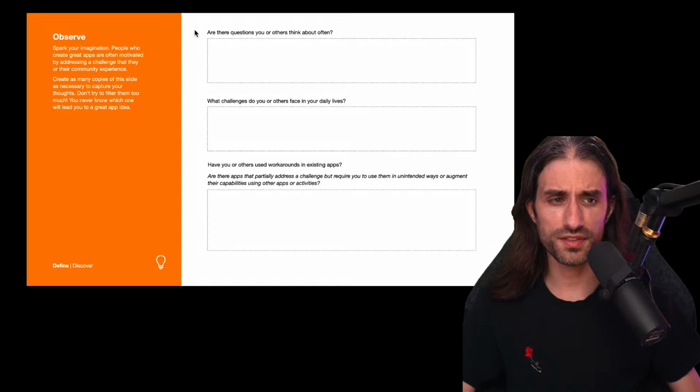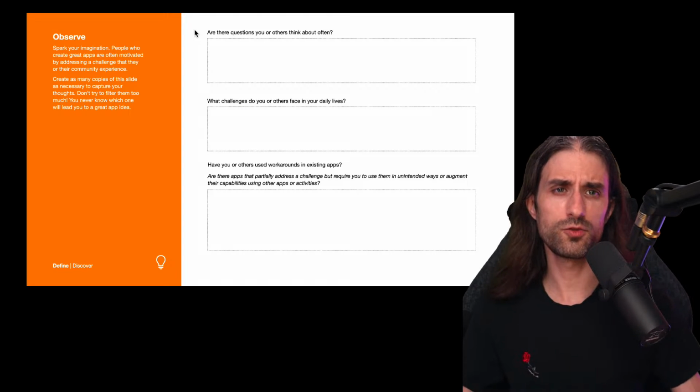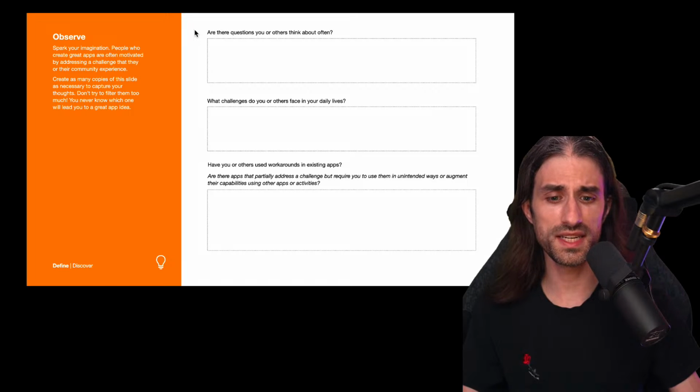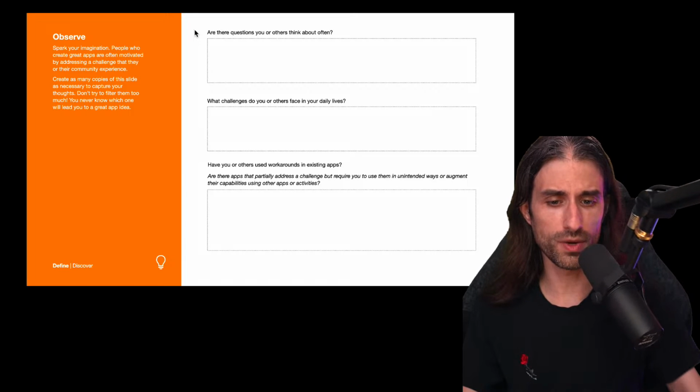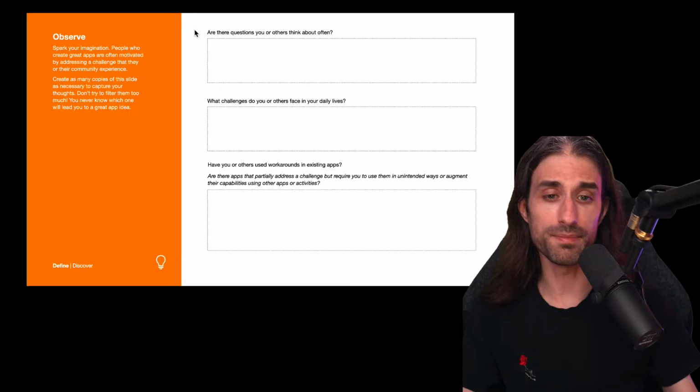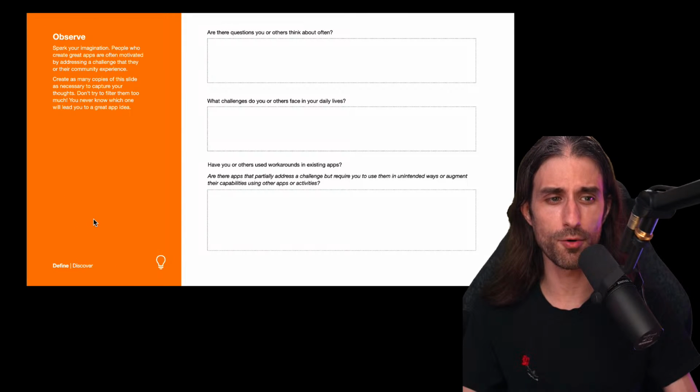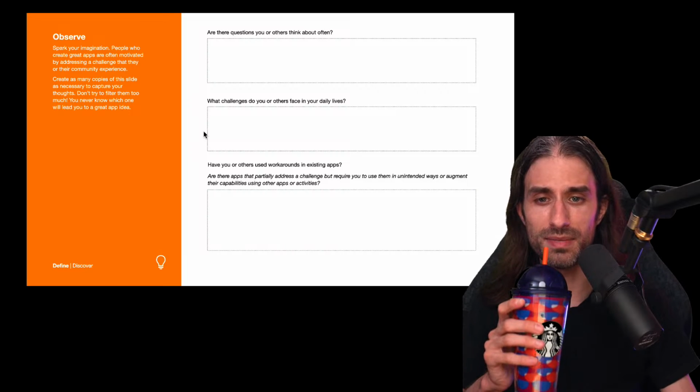So this can be very interesting when you're defining your project. And like I was saying, this works for apps, but it also works for any kind of activity where you want to create something that will be consumed by others, and you want to make sure that you build something that people are actually interested in. It's kind of like the line of Y Combinator, like build something that people want. Actually, this slide is orange, so it feels particularly appropriate to quote it, but it's basically the same idea being laid out here.